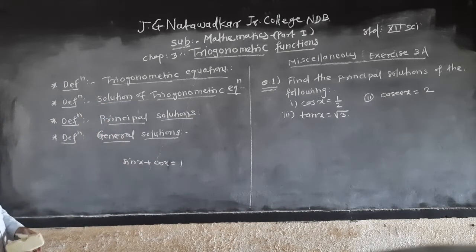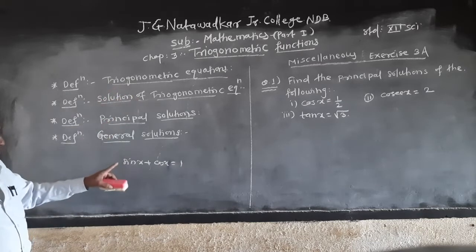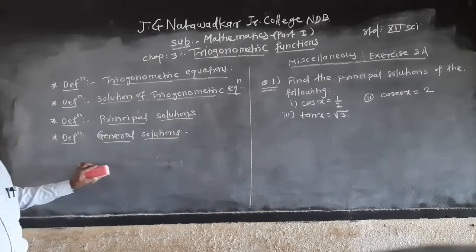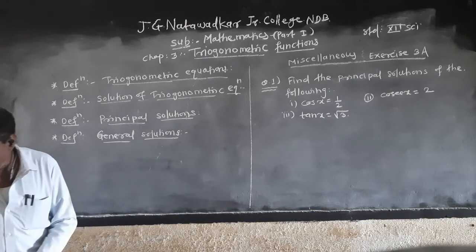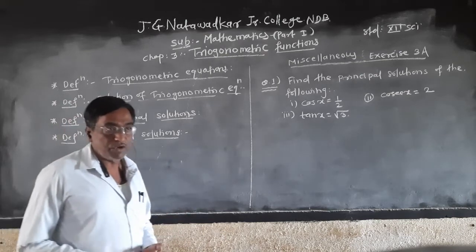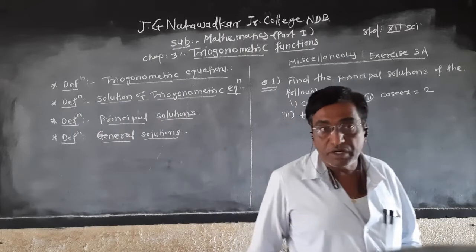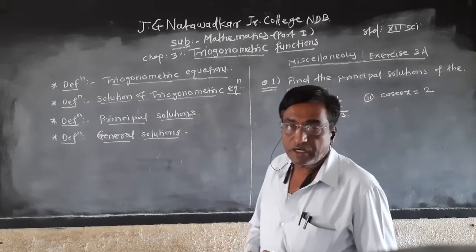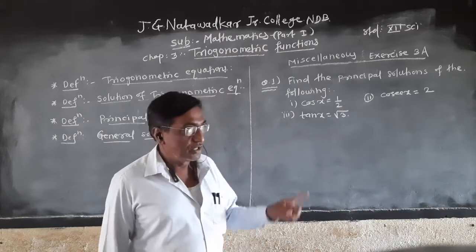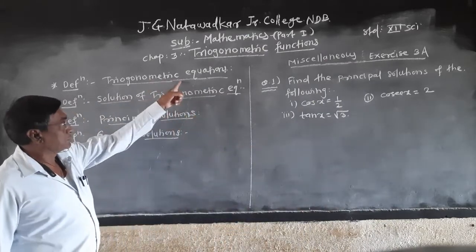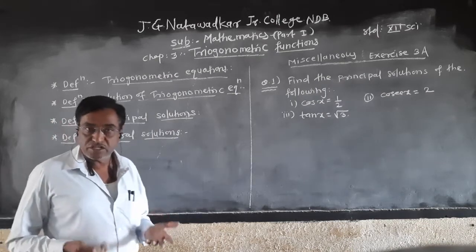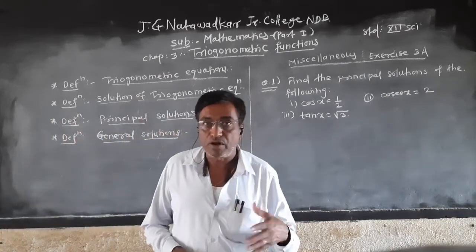In every trigonometric equation, it contains any of the six ratios. Sometimes it includes a single ratio, or a combination of more ratios. But the simple thing is that an equation which involves the trigonometric functions of a variable is known as a trigonometric equation. Now, an equation has an exact solution. The solution is the value of that variable.